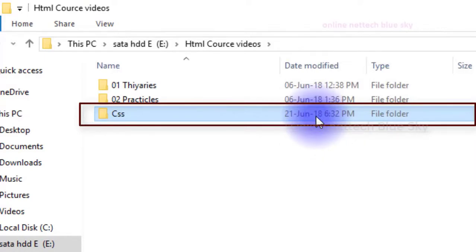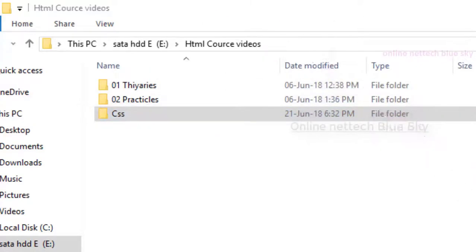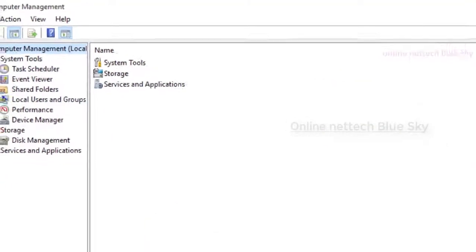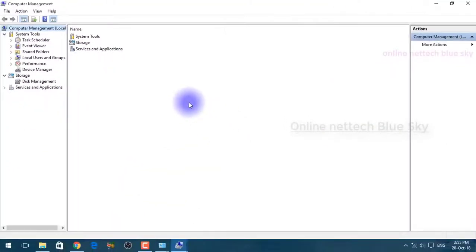Why share a folder? Because we are working on a tight schedule, and you want data without leaving your department or your computer. So the sharing system is very important, a very good technology for your computer and other computers.